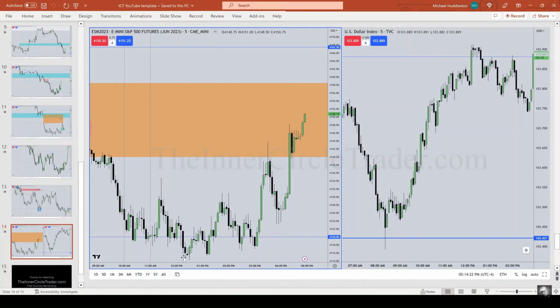At the same time, look what's occurring in the dollar index. It goes right up into our weekly bearish order block opening price. This right here occurring at the same time we're below the stops and inside that sell side liquidity pool marks the end of the day. We're done. So now what's it going to do? It's going to consolidate until the last hour of the day. Why? Because